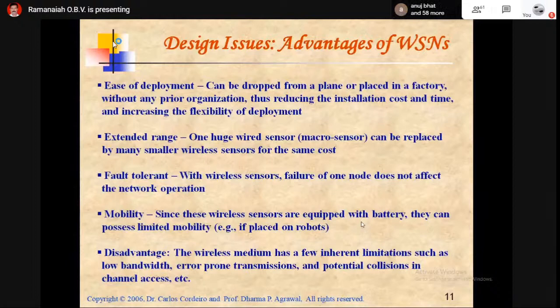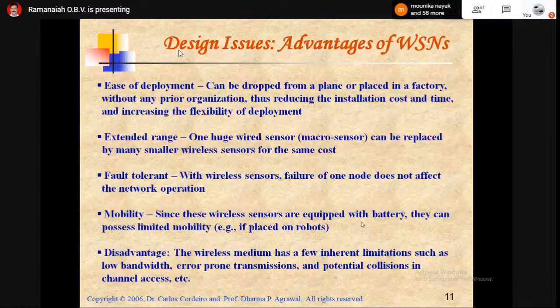And the disadvantage comes from the medium. The medium is wireless, and the bandwidth is quite low. It is exposed to many communication issues, or you can say many interference parameters, right? So thereby the transmission is error prone,